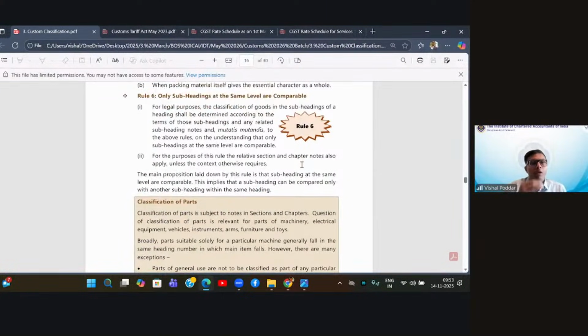Rule 6 says all the above rules that you are applying, you apply first at the chapter level, then the heading level, then the subheading level. Means you go step by step. First, applying the rules, you find which chapter your goods will fall under. Once you have identified the chapter, again apply the same rules to identify which heading of that chapter. Once you have identified the heading, that may have multiple subheadings, then out of the multiple subheadings, which subheading it will cover. So you apply the same rule at all levels to first decide the chapter, then the heading, then the subheading.